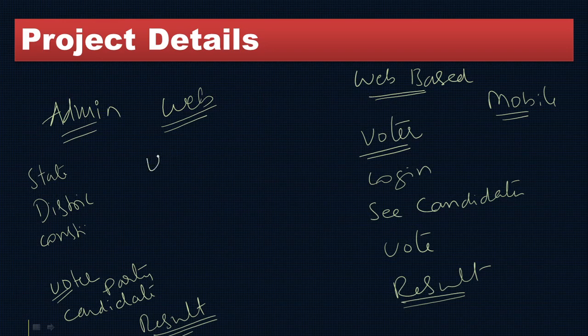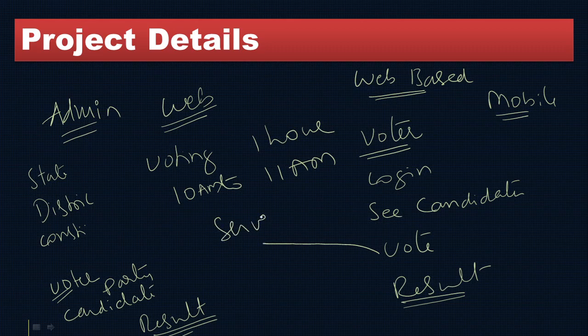Also the voting time you can give as only 1 hour. Let's say 10 a.m. to 11 a.m., you need to vote. Whatever vote each voter casts will go to the server. So even throughout the country you can conduct it at the particular time itself. You can also avoid malpractice, because the time is very short. They can sit at their own location, so nobody can go there, and because they need to cast the vote within an hour, you can't go everywhere, and therefore you can't influence during this particular hour.